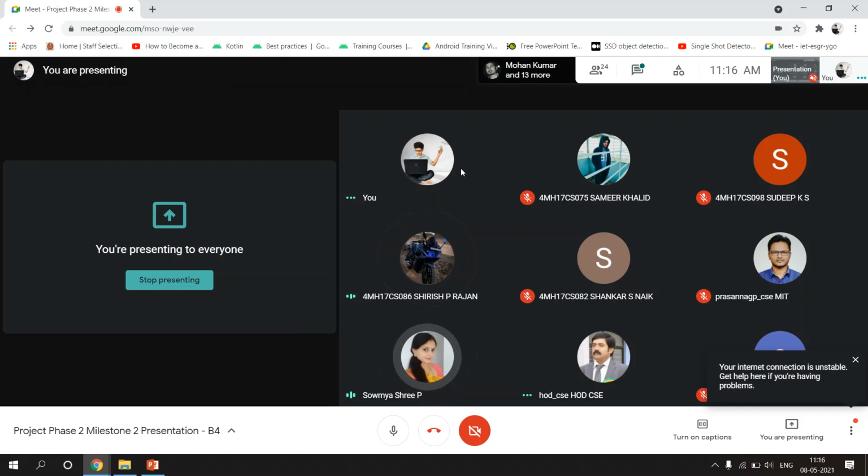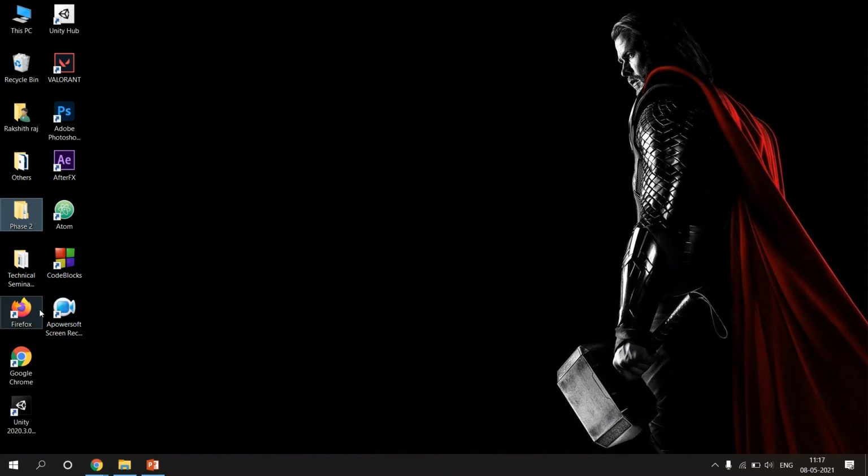And one more thing, for the final demo, you are planning to show the working model, right? So you will create a .apk file and then you will deploy it, right? Yes, ma'am. We have already generated a progress APK file.